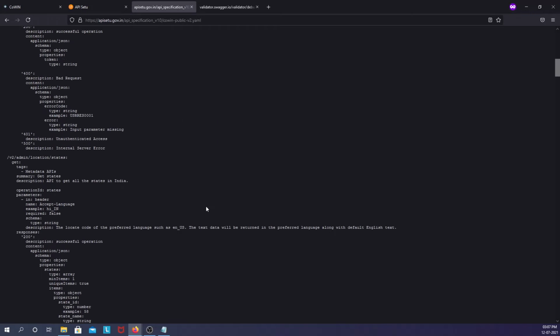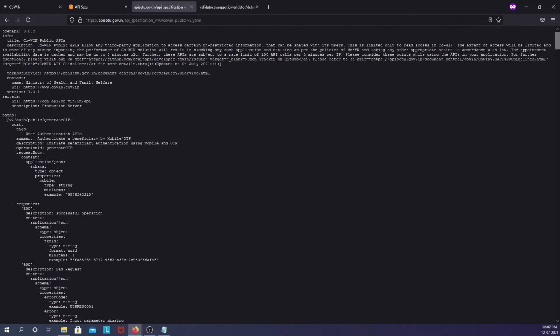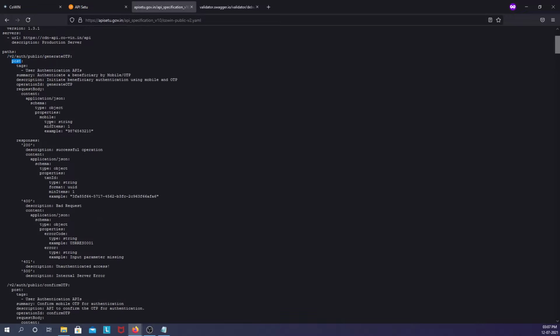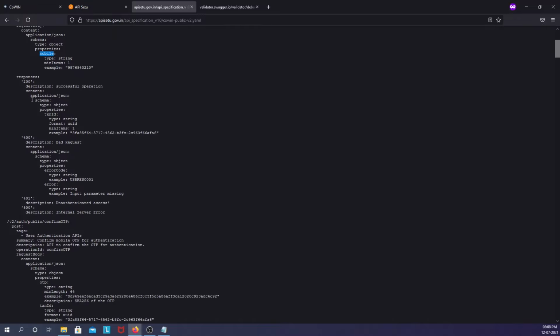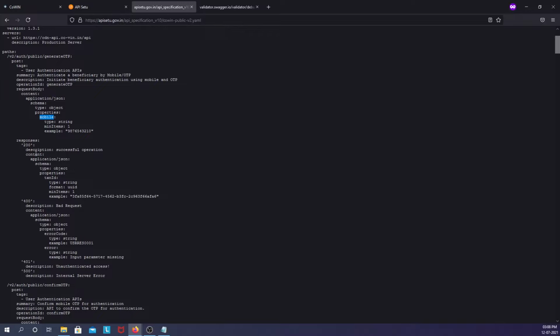You can see for each of these APIs, the endpoint, the request method, and the request body content schema, like what is the type of the input object and what are the attributes that each of these endpoints expects, and what is the response that the API responds with after the completion of the execution at the backend.